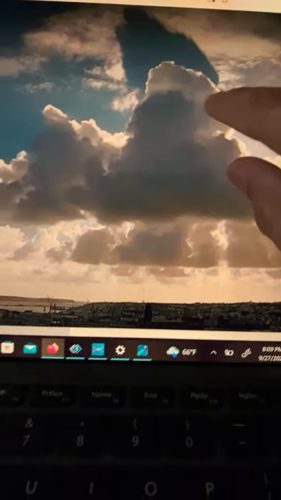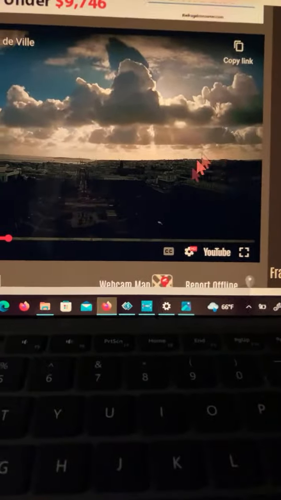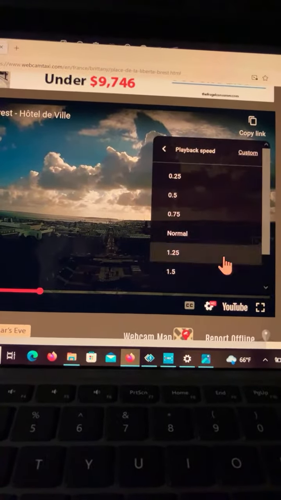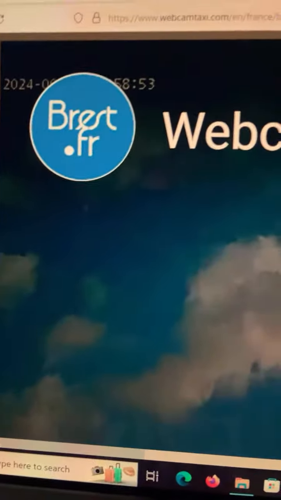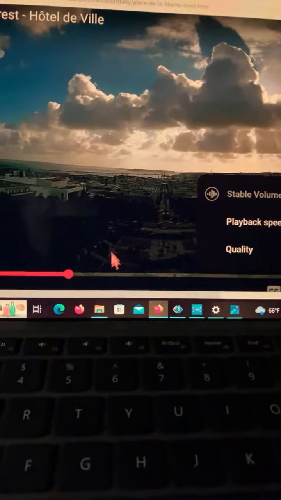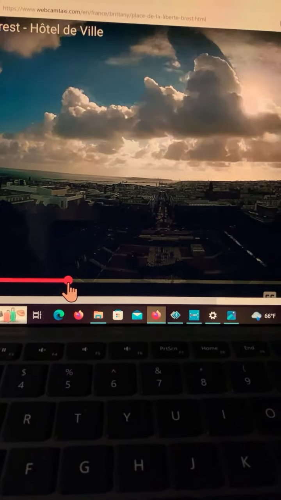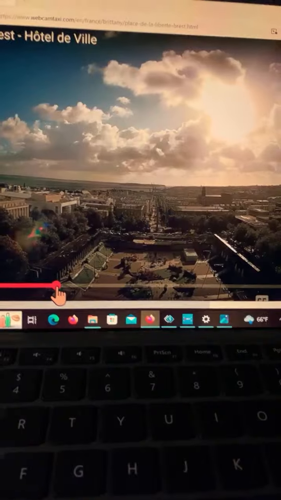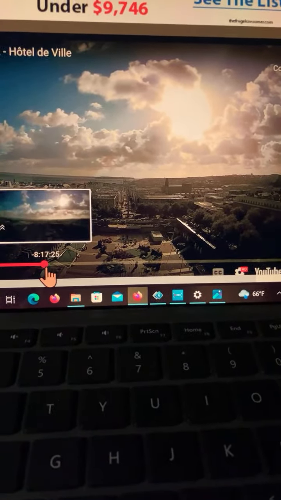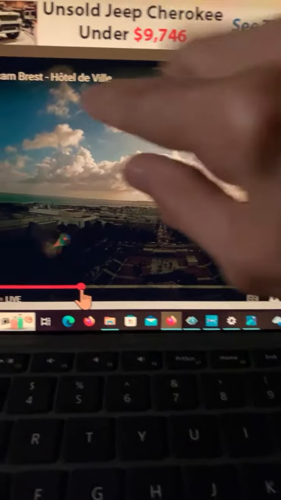Y'all see it? No. I'm going to slow it down because I had it on fast mode. I am going to slow it down to the normal mode so you can see it. Let me see what the timestamp is. It's 58:53. I don't think that's the only shadow that shows up either. 58:53. Let me take it back just a tad bit. Oh no, I took it forward. That's okay. Let's see what it is now. Oh my gosh, I took it way back. I should have quit playing with it, Gina. Don't be playing. 58, y'all. Let me try to see it.